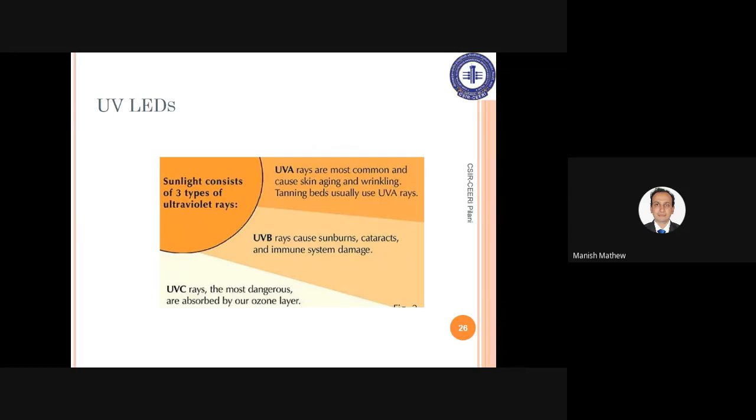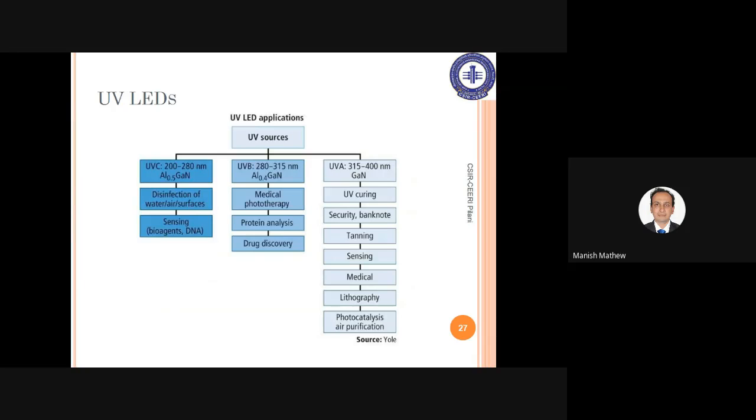Because there are a lot of uses of these UV rays. UVA rays are the most common, which cause skin aging and wrinkling, and tanning also. UVB causes sunburns, cataracts, and even damages the immune system. And UVC rays are the most dangerous, but they are absorbed by the atmosphere. Now, these are the applications where we can use these three